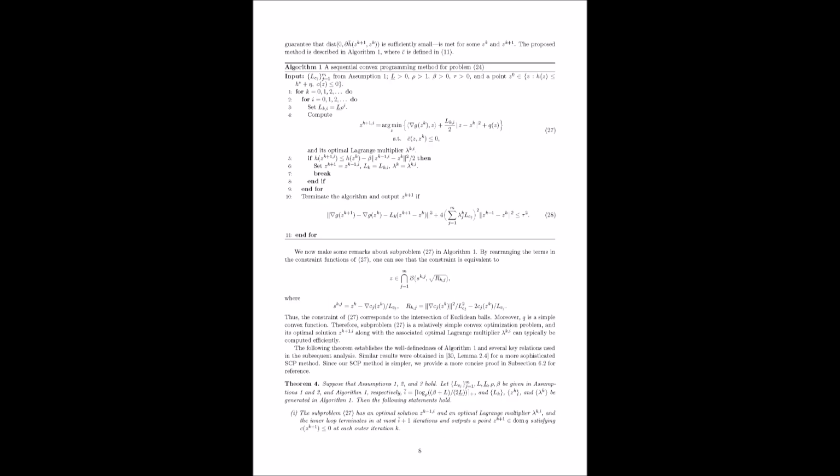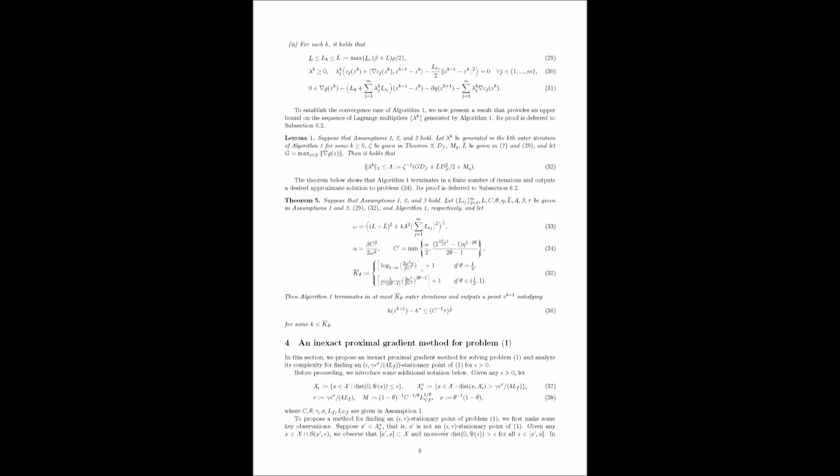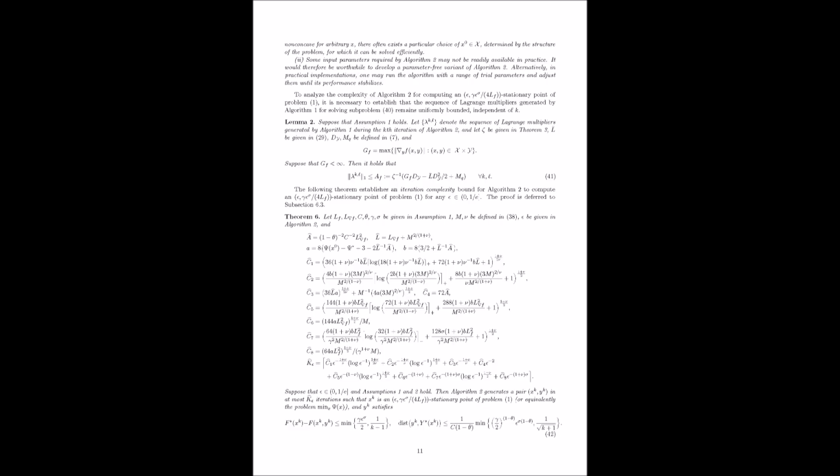And if the condition isn't met, if the approximation was poor and we didn't get enough descent, then the approximation was too aggressive. The algorithm backtracks. It shrinks the step size parameter, which tightens the proximal term, keeping the next step smaller and closer to the current point where the approximation is more likely to be accurate, and resolves the now modified convex subproblem (27). This repeats until the sufficient decrease condition is satisfied.